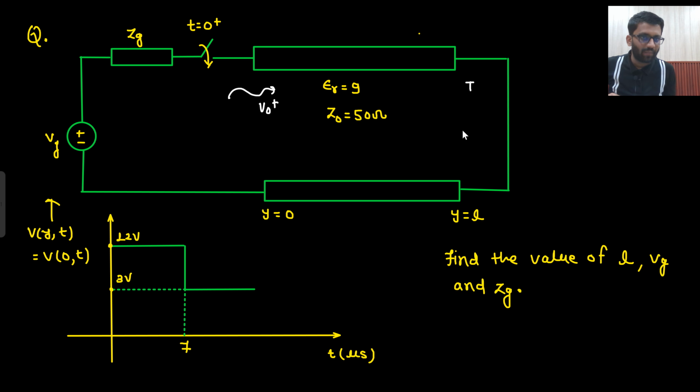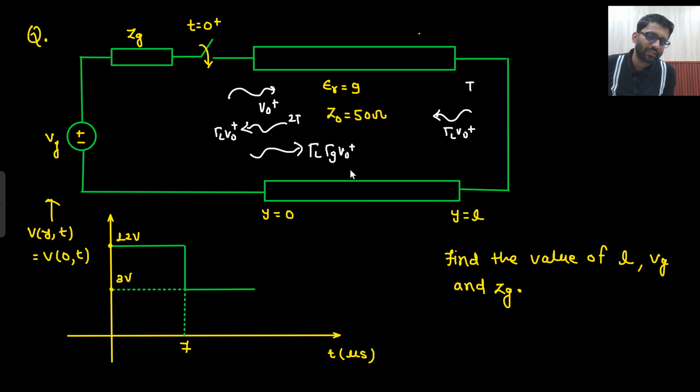Then at t time what will happen? Gamma L V0 plus will be coming here. So at 2t time gamma L V0 plus will be reaching here. And at 2t time only, another waveform will be generated, that is gamma L gamma G V0 plus. So from these things what I can conclude is that my V0 plus is equal to